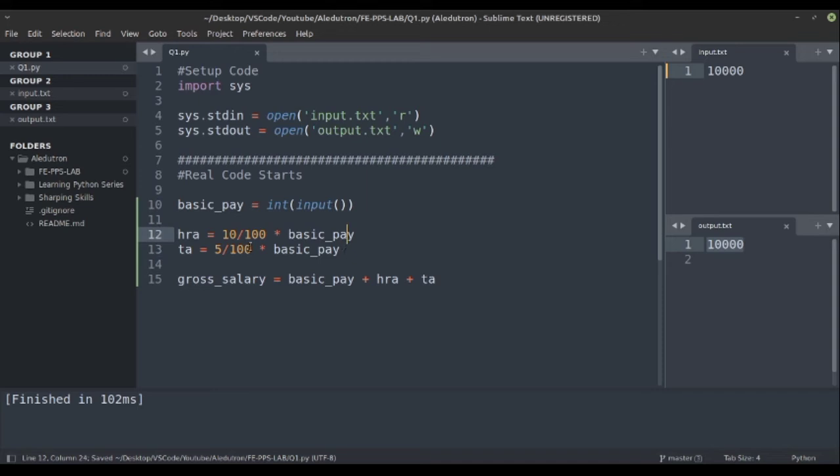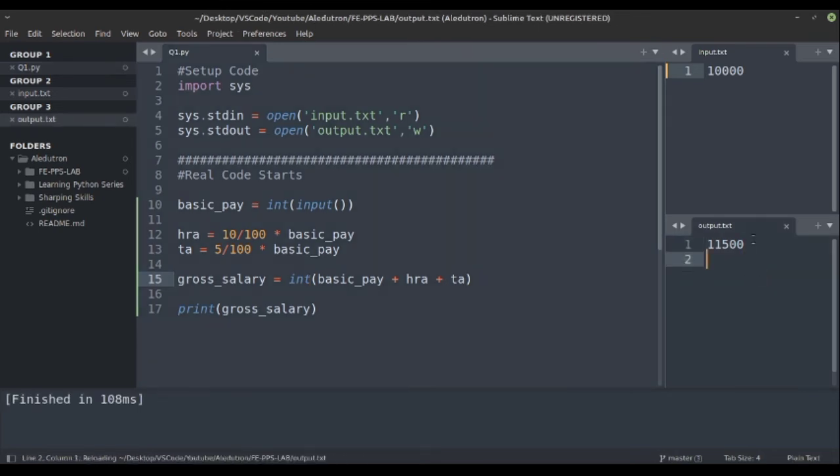As we are doing the division operation, it will return a float. Let's see by printing the gross salary and then make the changes. As you can see, we got it as a float. To convert it again into an int, we can directly convert this value into an integer. Let's run this. You can see now it became a whole integer.